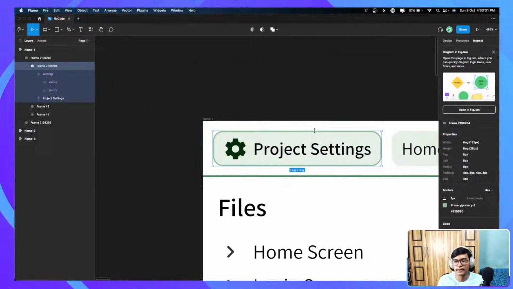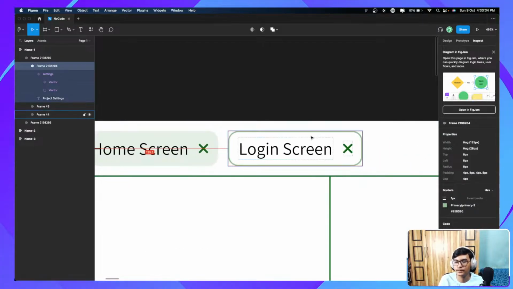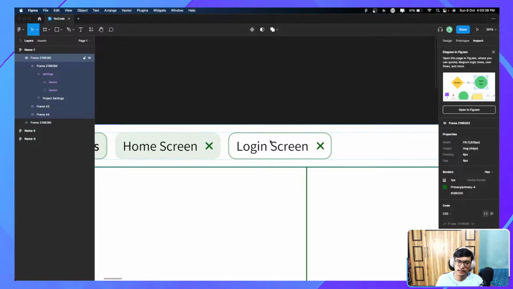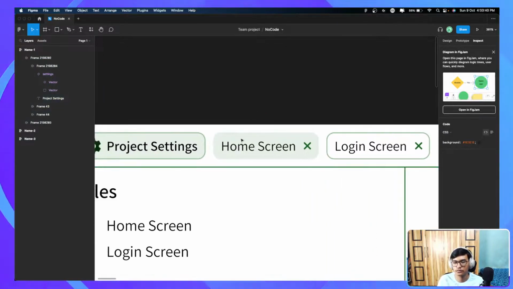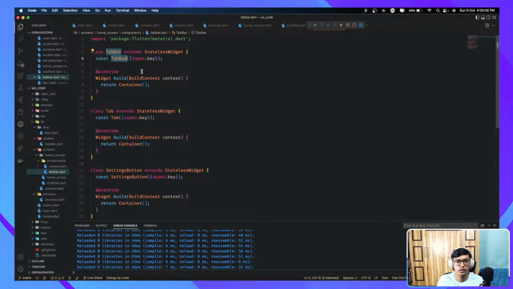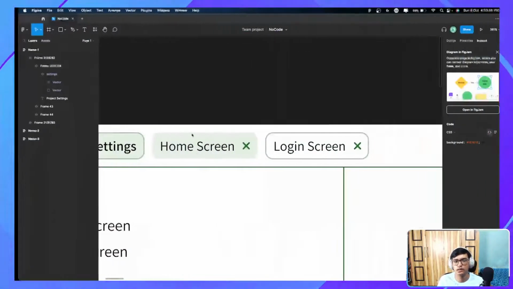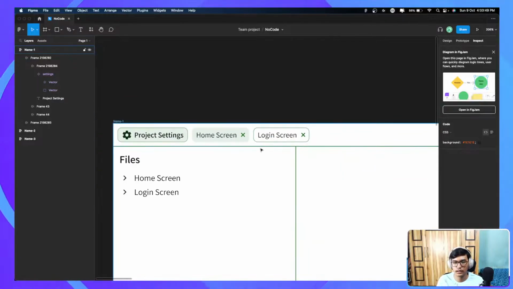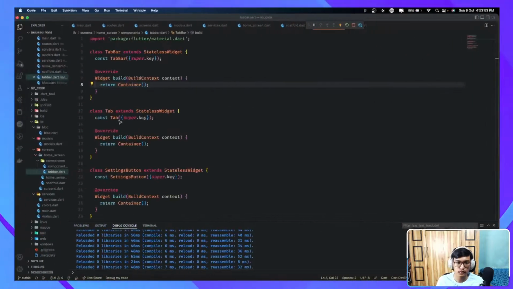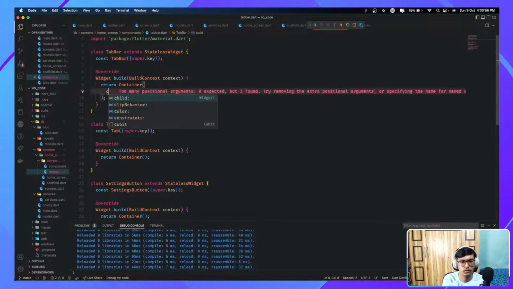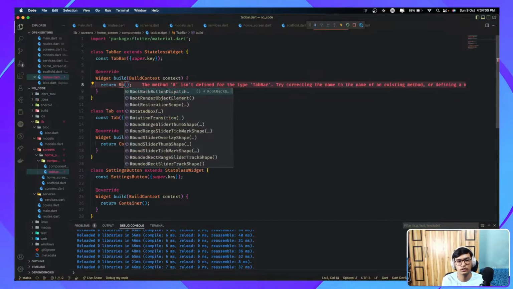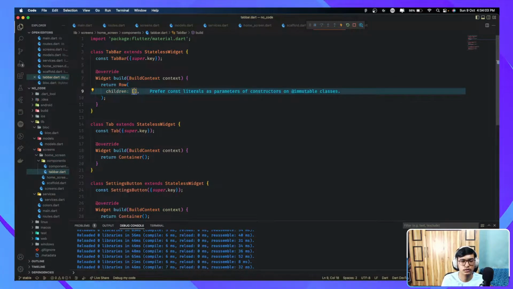So this is the settings button, and this is the individual tab. Individual tab will be having two states, either it is active or it's inactive. And tab bar will be our this entire part. Let's make it a... instead of returning container, we can return row. Its children will be